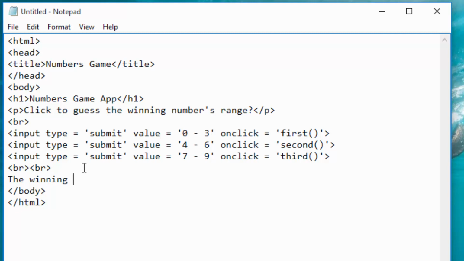The winning number is, then I end that label there. Below this label, I want a paragraph. This paragraph will show the winning number